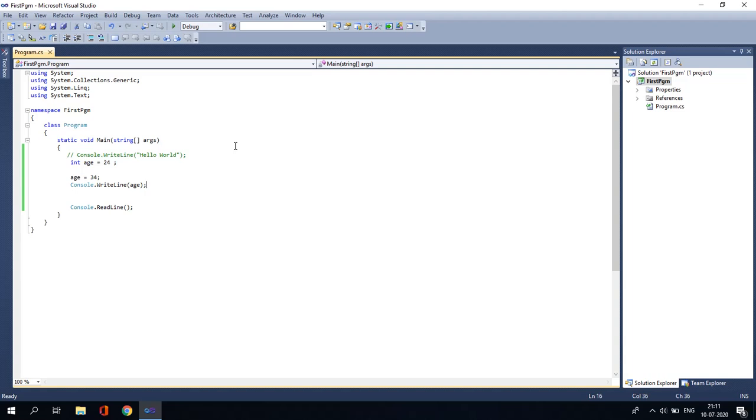So it should be declared before it can be used. That means the name and type of a variable must be known before a value can be assigned. And that is the only reason why C# is called a statically typed language. Once declared, the data type of a variable cannot be changed within this scope. How? Let me tell you. I am writing here age of data type int. I am changing the variable's value from 24 to 34. That is all okay. But if I try to declare that age with data type float,